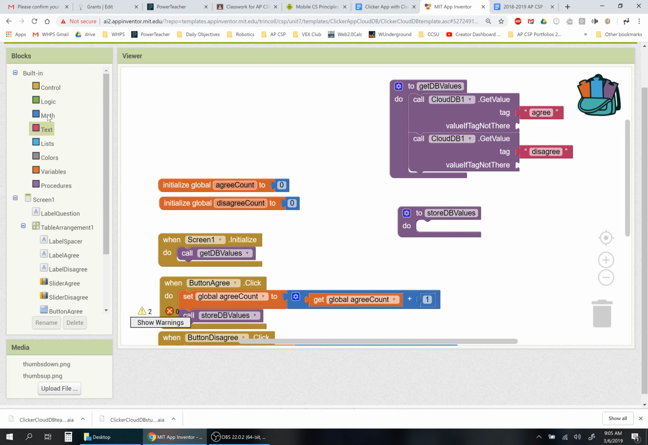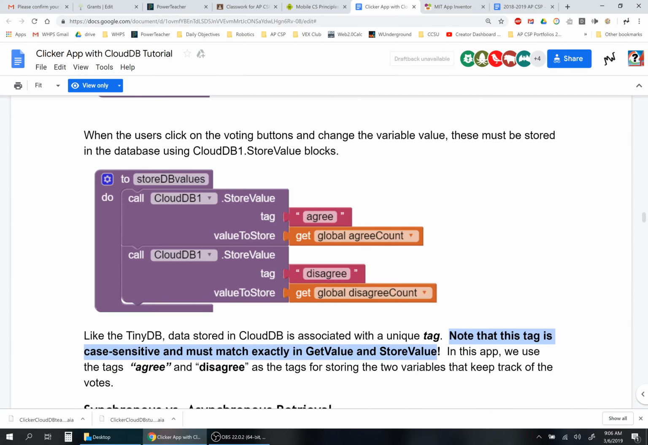Now, when we store the DB values, we're going to do the same thing, but we're going to send it the agree count variables and the disagree count variables. And they do say, note that the tag is case sensitive and must exactly match the get value and store value. So as we're doing the tags lowercase, and these ones keep track of the voting. We may change it later as needed. So now it's going to be a call from the DB, and this is going to be store value. The value I'm looking to store first is the agree count